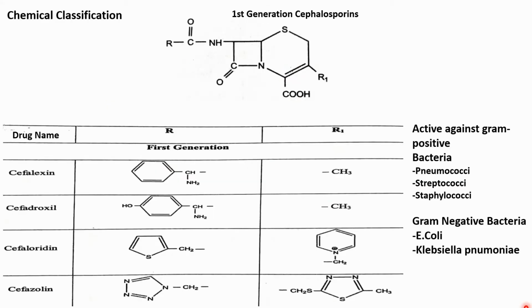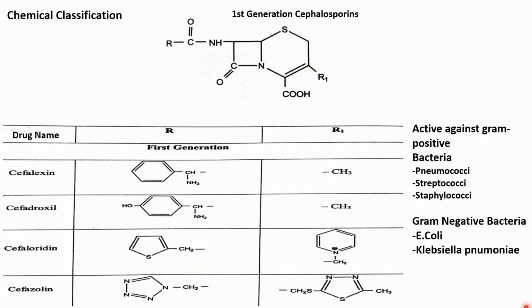Next, we will discuss the chemical classification. Cephalosporin is classified into a total of 5 categories based on generation. They are classified into first generation, second generation, third generation, fourth generation and fifth generation. Generally these generations are based on the year. First generation are the oldest form of cephalosporin derivatives which were found. After that the second generation, third generation, fourth generation, and in the last, the recent drugs come under the fifth generation.